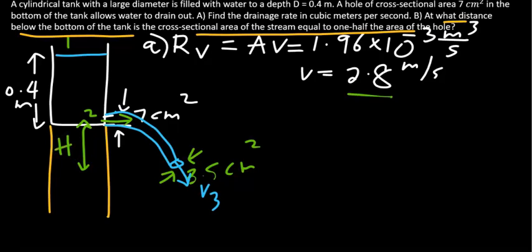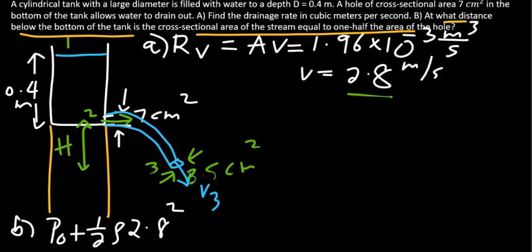Let's call this point 0.3, and let's apply Bernoulli's equation to points 2 and 3. At point 2, at the opening, the pressure is atmospheric, and the speed we know is 2.8 meters per second, so 1/2 rho times 2.8 squared, where rho is the density, plus rho g, the vertical position. Let's measure the vertical position from that level, so that means it is h, equals